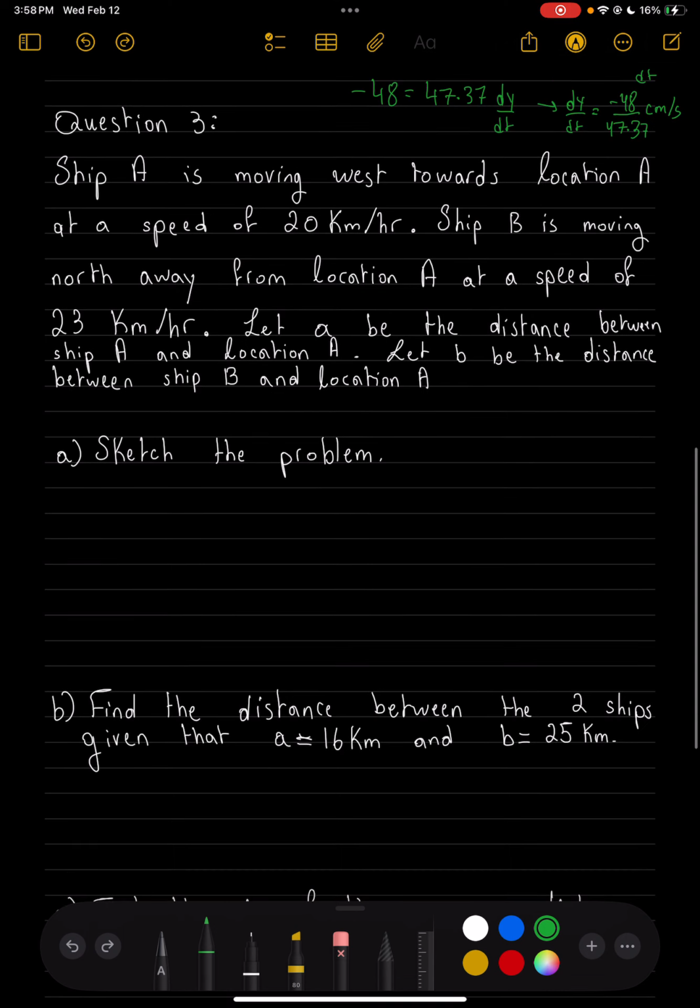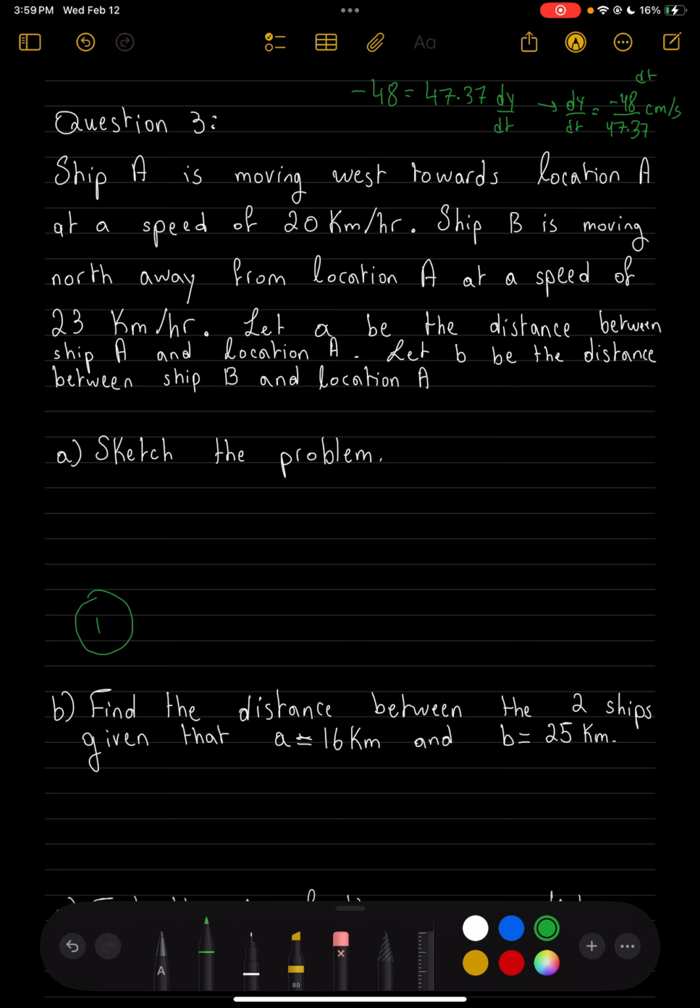Now, the final question over here, question number 3. Ship A is moving west towards location A at a speed of 20 kilometers per hour. Ship B is moving north away from location A at a speed of 23 kilometers per hour. Let A be the distance between ship A and location A. Let B be the distance between ship B and location A. Sketch the problem. So first things first, location A,